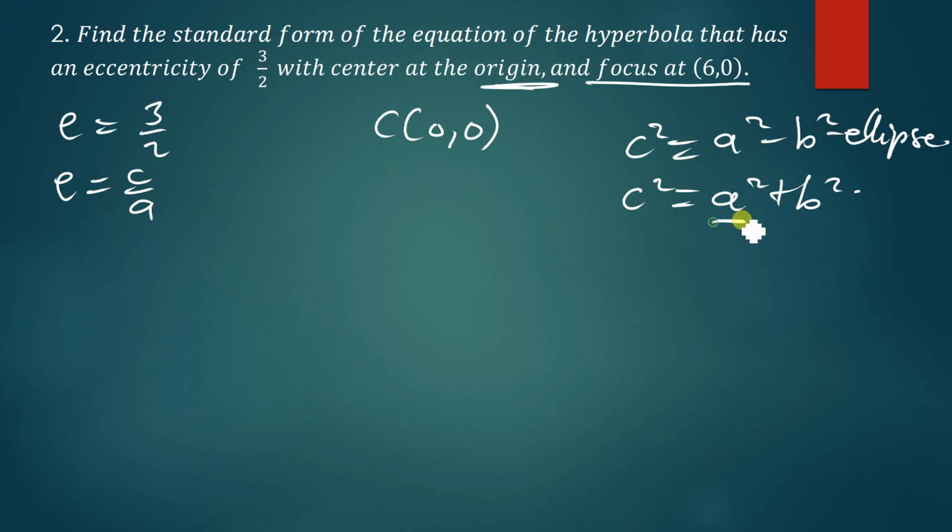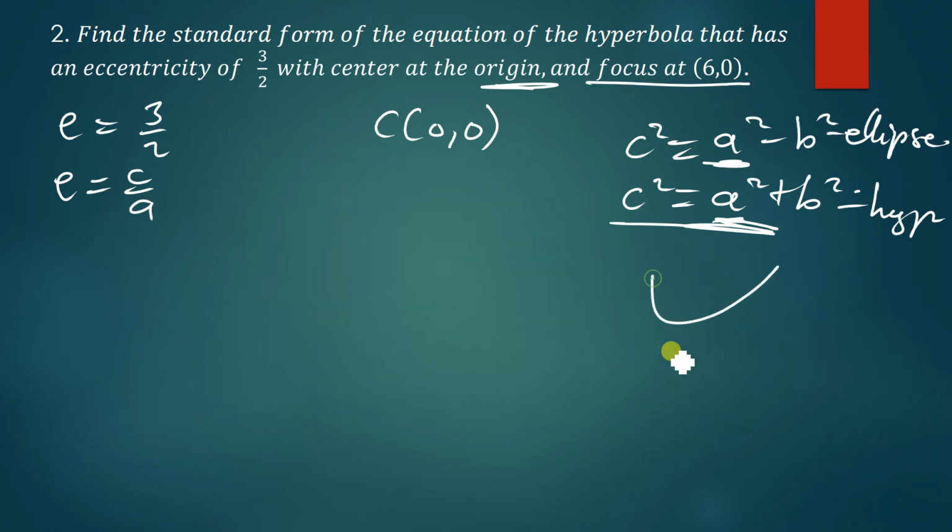So this value of a is the distance from, if for the ellipse the value of a was the distance from, let me draw it here, the distance from the center to the vertex there. And then for the hyperbola, the value of a is simply the distance from